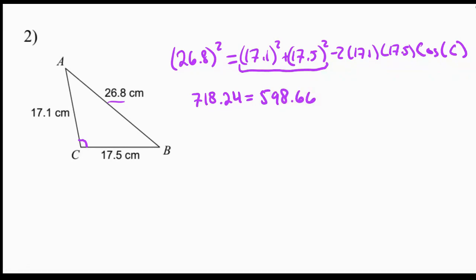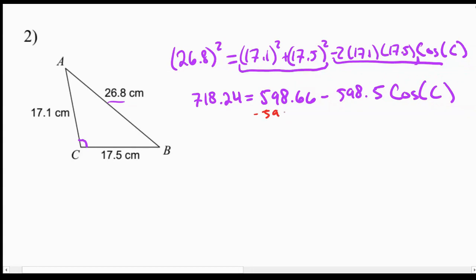So I added these two things together to get 598.66. And next I'm going to go ahead and multiply all of that together. So 2 times 17.1 times 17.5. That gives us 598.5 cosine of angle C. So a big mistake people make is they try and subtract these things. Don't do that, please. Instead, what I want you to do is subtract 598.66 from both sides here, and we'll get